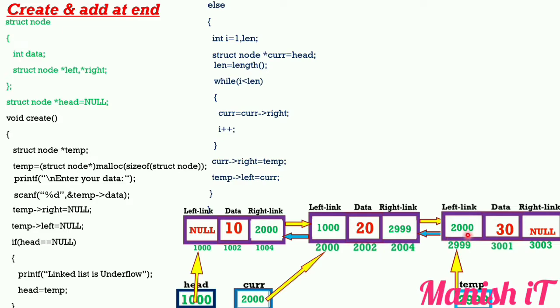So after all these things happen, that is how to create a node and how to add a node at the end of our list. Suppose here we have two nodes, and I want to add at the end of one another node. That time the else part is executed and the node is added. So simply these are all the things about the create function and adding at the end.